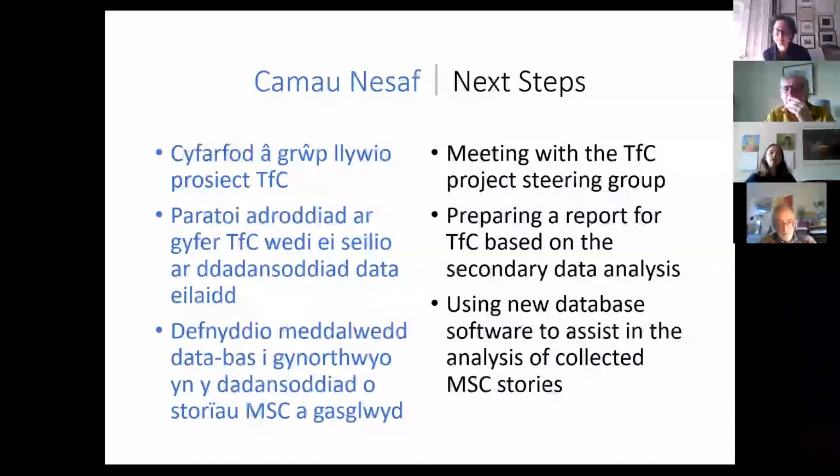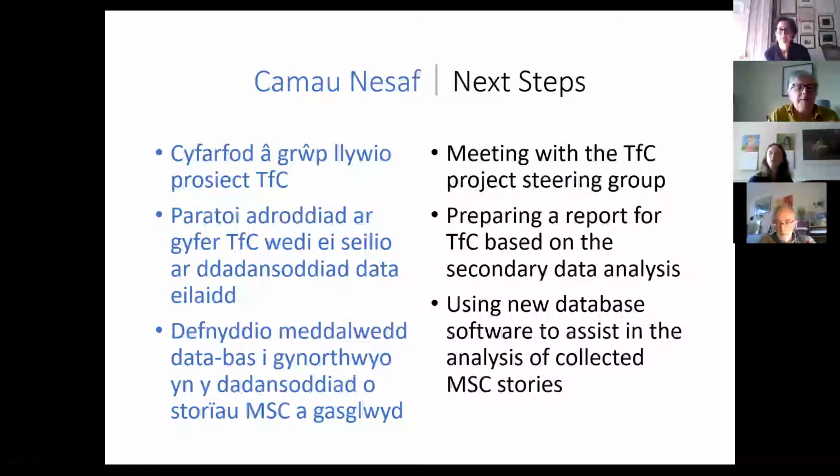So in terms of next steps, as I said, we're at the mapping and interpretation stage of the analysis at the moment. And the next thing on my list to do is to meet with the project steering group to present the findings of the analysis and sense check the themes with them, see what they make sense from their lived and professional practice experience. This is important to help enhance the validity of the analysis, and that meeting will also hopefully give us an opportunity to explore how the analysis and its findings can inform future story collection and analysis work in Pembrokeshire.